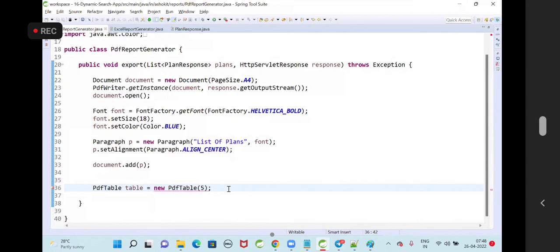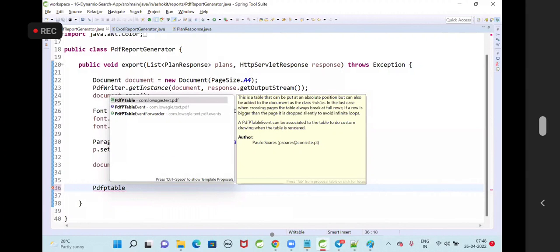Sorry, this is not the class. It is PDFPTable. PDFPTable is equal to new PDFPTable.